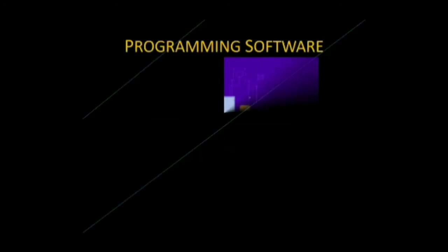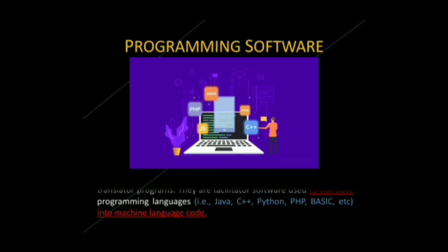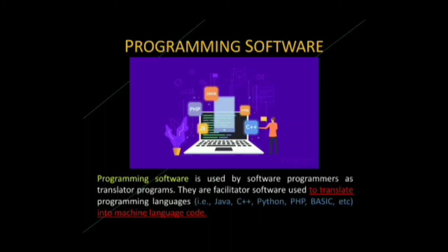Programming software. Programming software is used by software programmers as translator programs. They are facilitator software used to translate programming languages. Translators can be compilers,